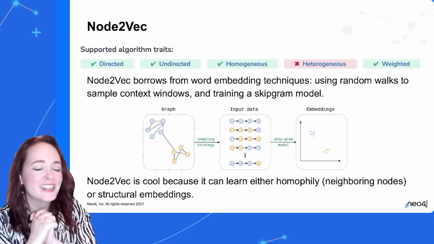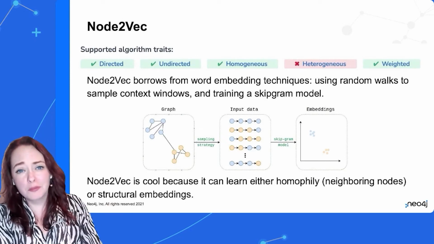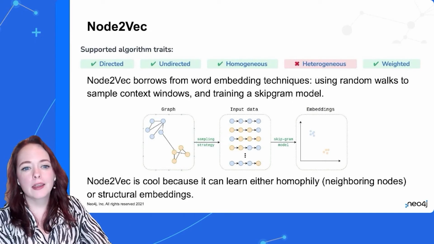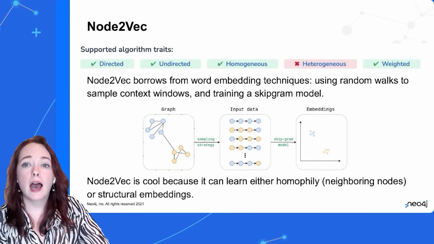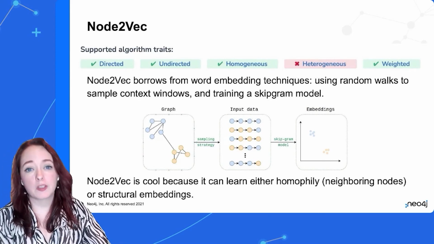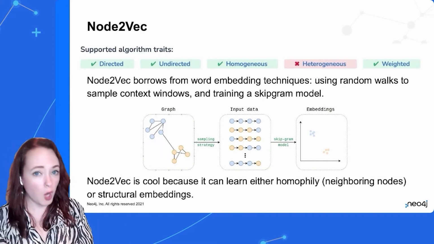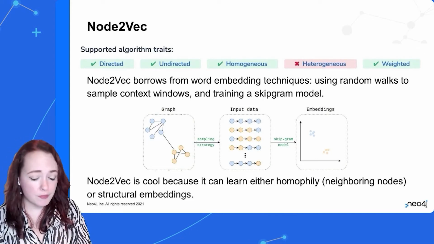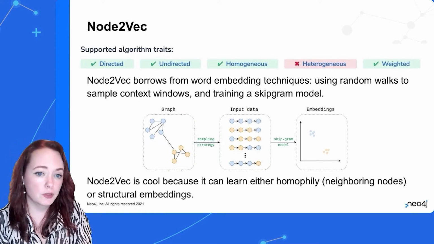Thank you for that, Zach. So now everyone knows how to use FastRP. Let's talk about Node2Vec. Node2Vec is probably the graph embedding most of you have heard of before if you've heard of graph embeddings. It supports directed graphs, undirected graphs, homogeneous, weighted graphs, and it basically borrows from how word embeddings work. Node2vec extracts random walks from your graph, starting at each node. Those random walks are kind of like sentences. They provide context windows for each node. And then you learn your embedding by using those context windows to predict, given a node, what's the next